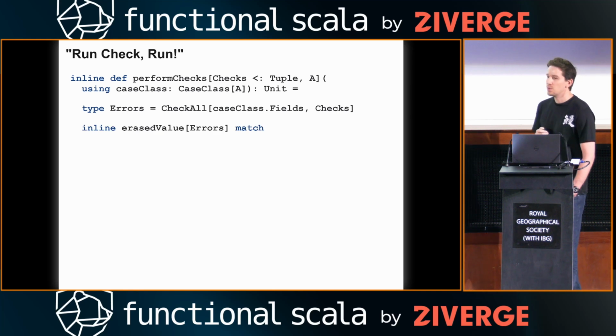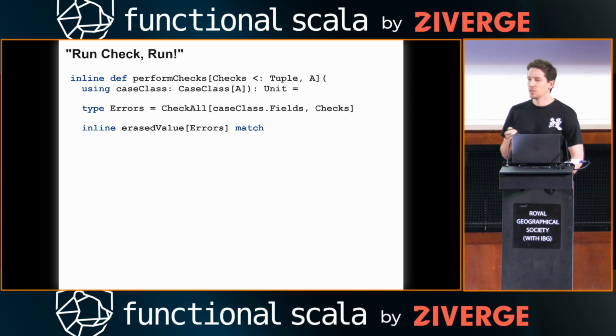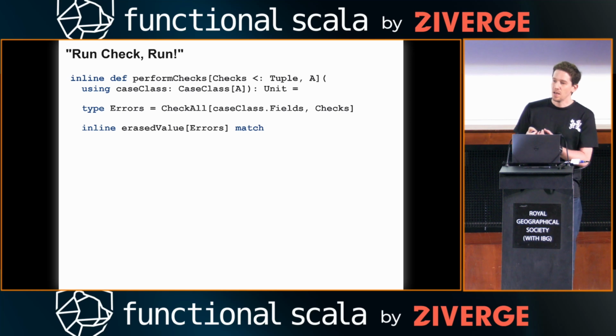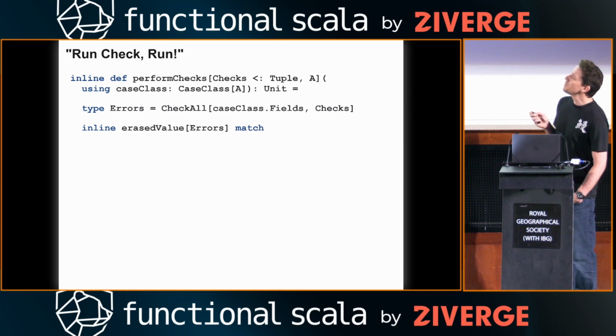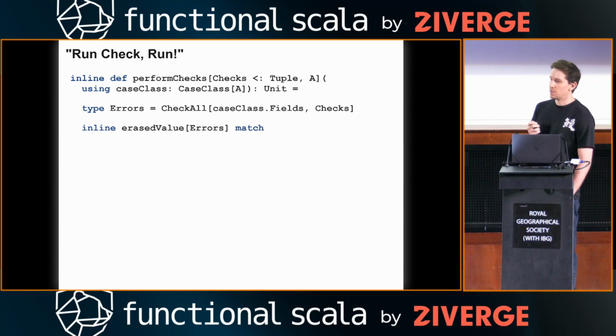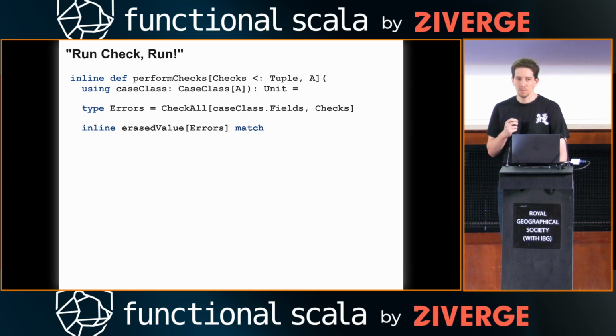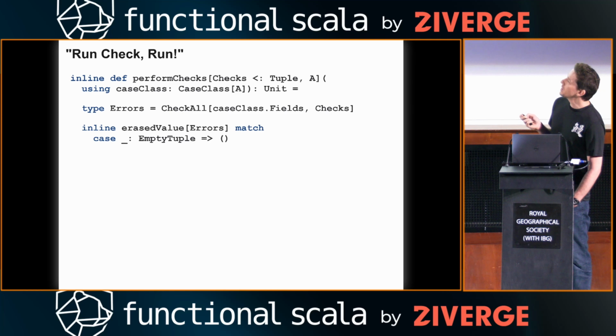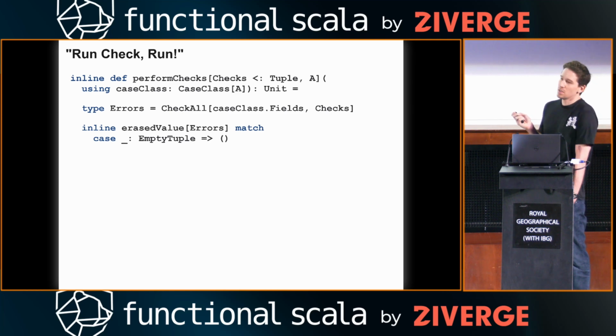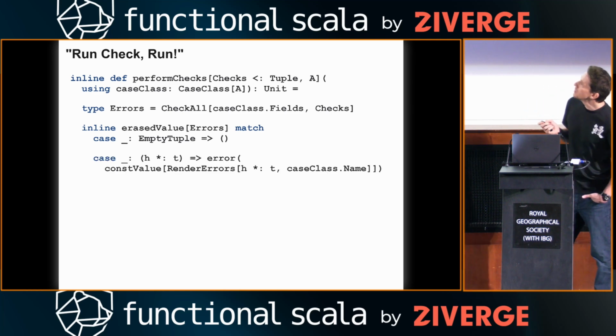So the question is, how do we actually pattern match? How do we take these values and pattern match on them at the value level? For this purpose, Scala has a special magic function called erasedValue, that takes the type and produces a dummy value that you can pattern match on. It's a dummy value, so you can only match on its type, but not on its value. So we can say, okay, in case the type of errors is empty, then we're done, it's okay. If not, we're going to